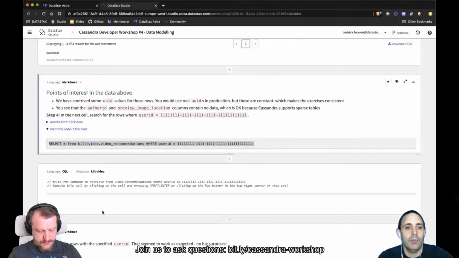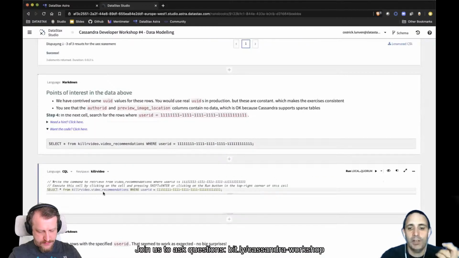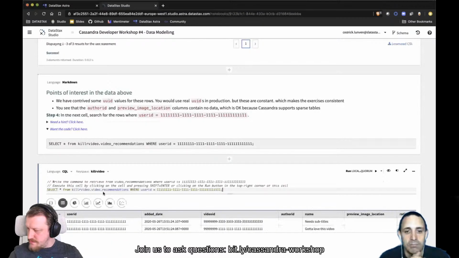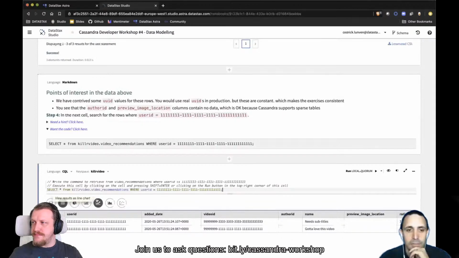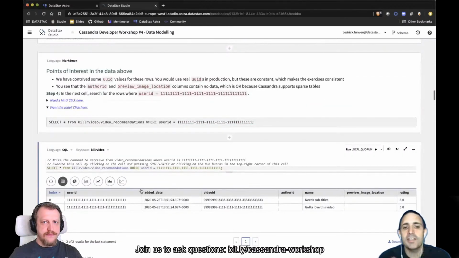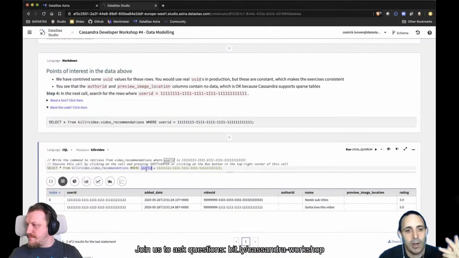So I will say, give me one record, and I provide the partition key. All right, it's not a unique record because partition key alone do not ensure unicity. Okay, and Cassandra is happy because I'm using the partition key in my workloads.